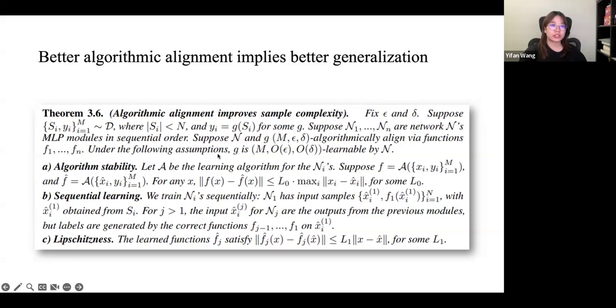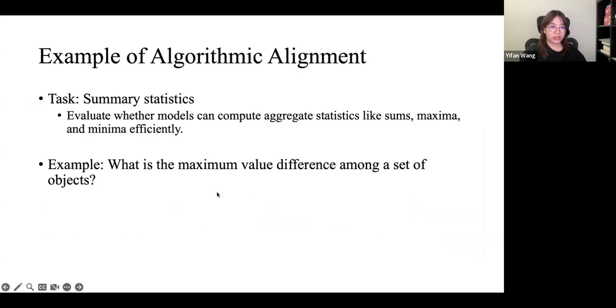The goal here is to determine the condition under which G is (M, epsilon, delta)-learnable by N. This theorem makes three important assumptions about the learning process. The first one is algorithm stability. The learning algorithm for the network modules Ni must produce an output F that can approximate G with a bounded error. It has a constant L0. And the second one is